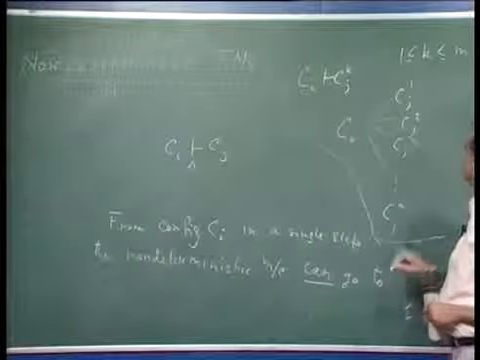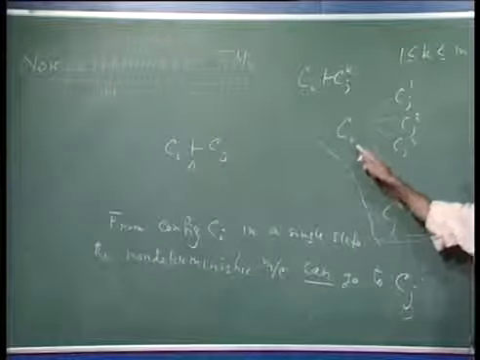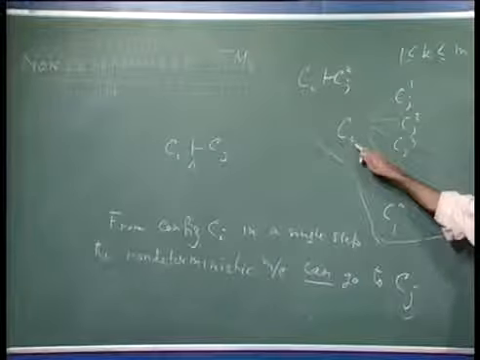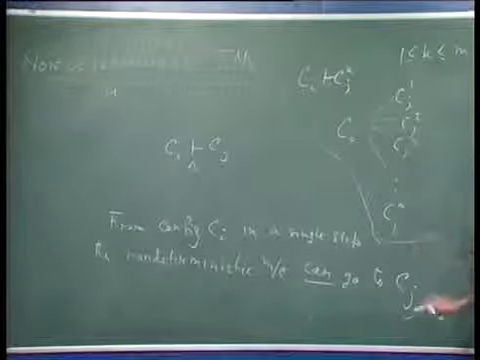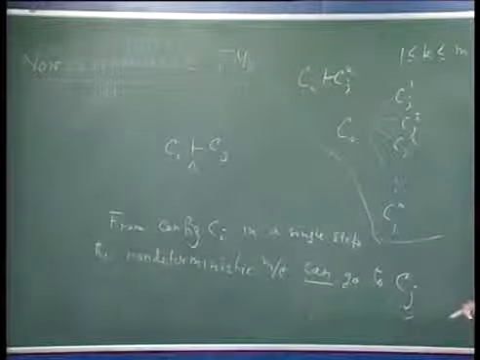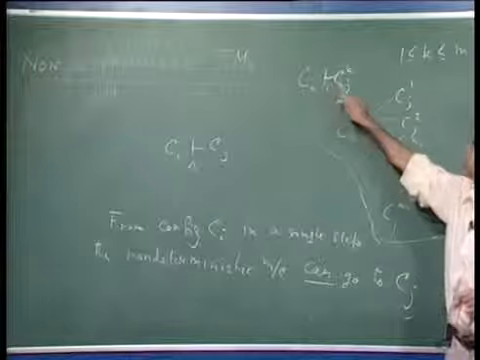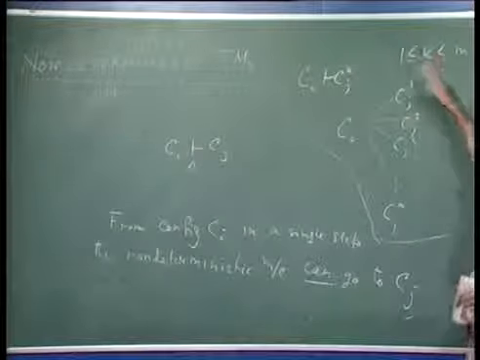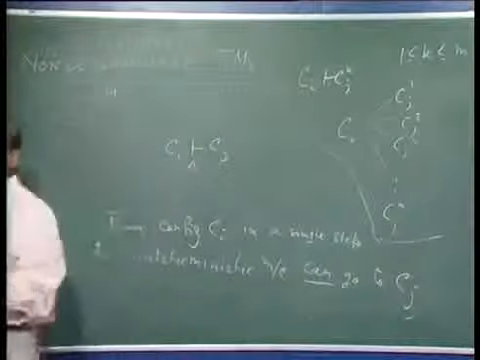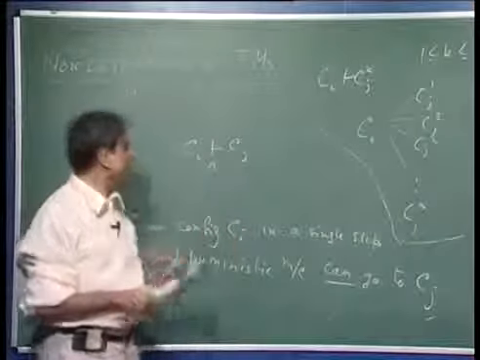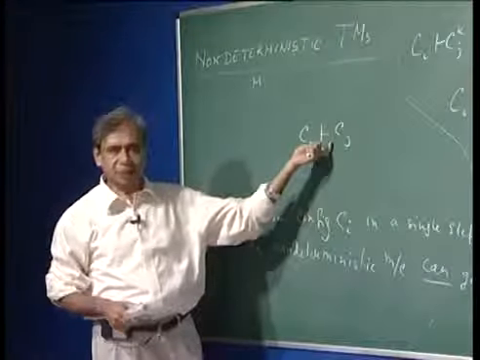Suppose I had a non-deterministic Turing machine, and from configuration Ci the machine can go to all these configurations. Then we will write that Ci in one step can go to Cj k for all these values of k. So, compared to the deterministic case, we are changing the meaning of this symbol, the relationship.